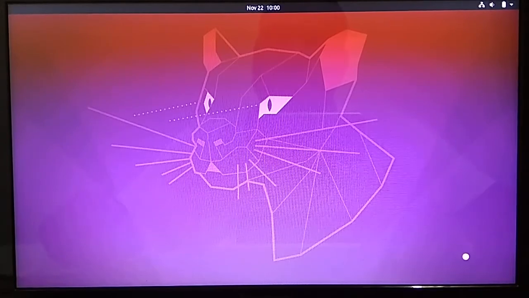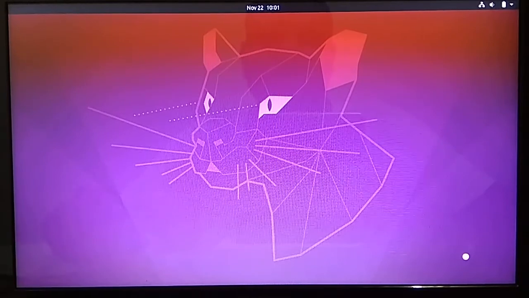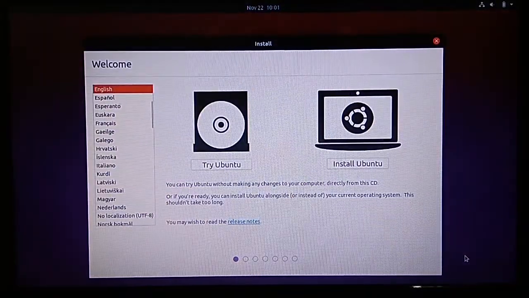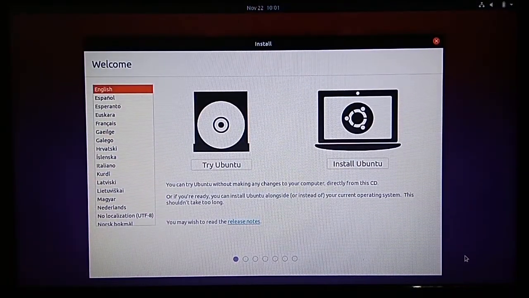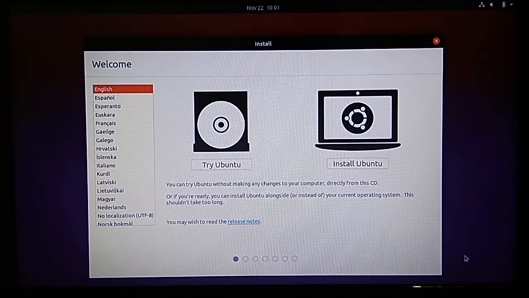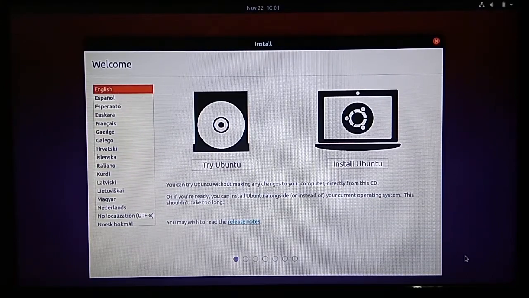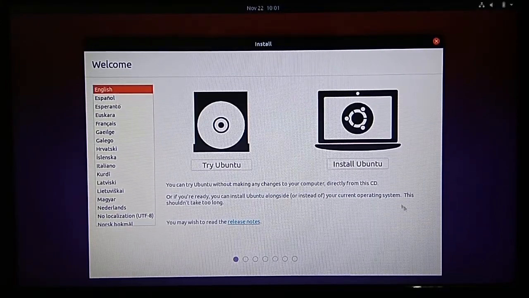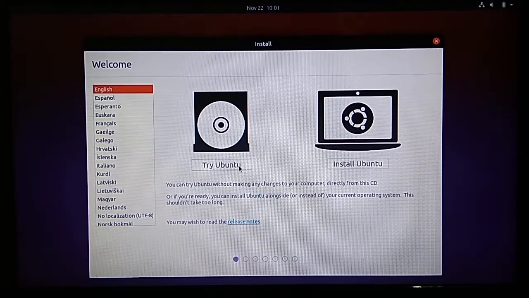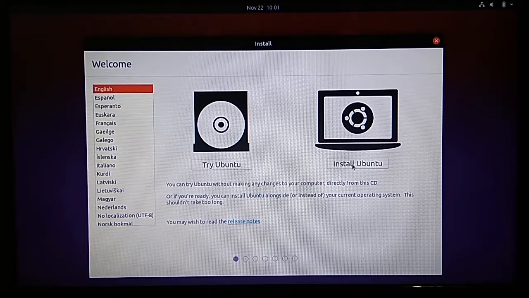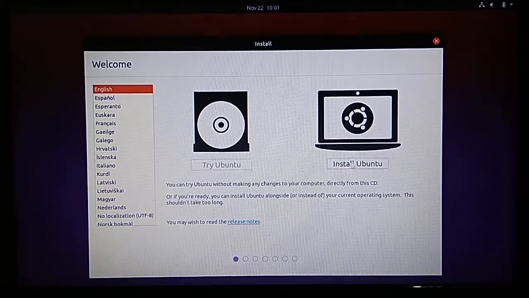Now that the check on the USB is completed, Ubuntu has actually booted up in a live instance. From this live instance, we'll be able to install it on a hard drive. So we get two options here: try Ubuntu and install Ubuntu. Now, if required, you can play around with Ubuntu by using the try Ubuntu option, but in this video, I will actually install Ubuntu on the system. So I will click on install Ubuntu,